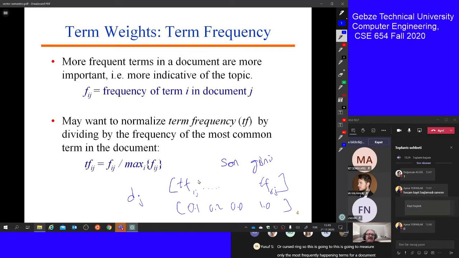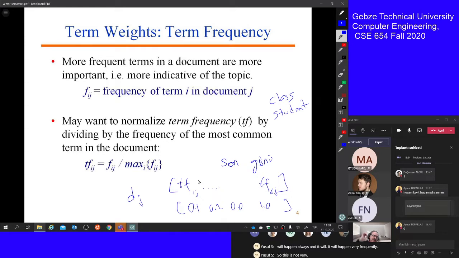But the thing is that I know that there are some words, for example, in the university environment, the term class happens a lot. Almost all the documents will contain this word, or student maybe. Student will happen almost always. So what do I do? Student will happen always, and it will happen very frequently. So this is not very